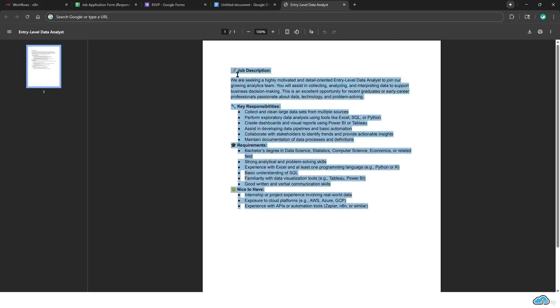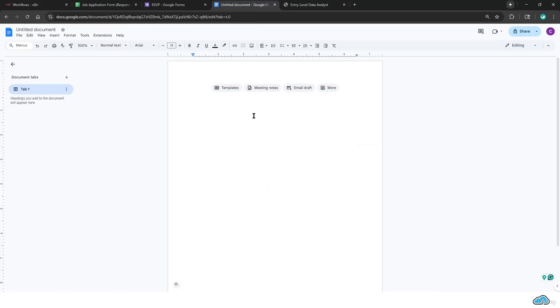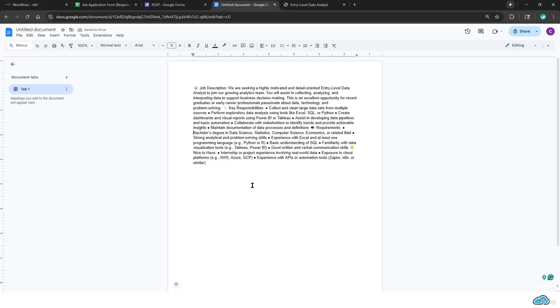So just highlight and copy, and then hit Control-C or right-click copy, and then head back to your Google Docs and paste that into here. But when we paste it in here, it's just a glop of text. So what I'm gonna do is I'm actually gonna go paste this over into ChatGPT and ask ChatGPT to format